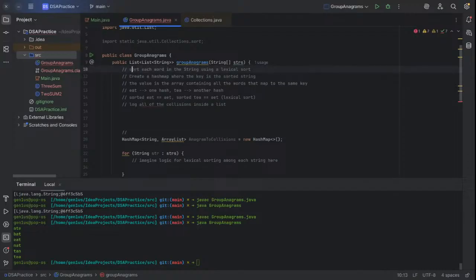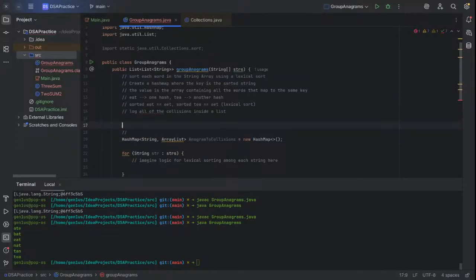Sort each word in the string array using a lexical sort, but the each word is important here. Sorting each string,